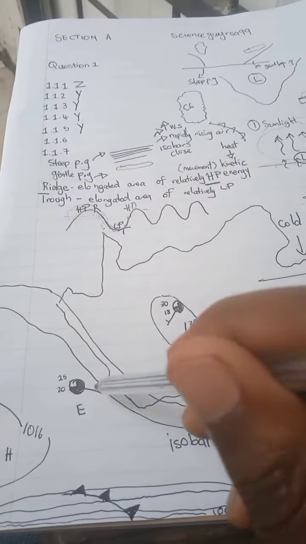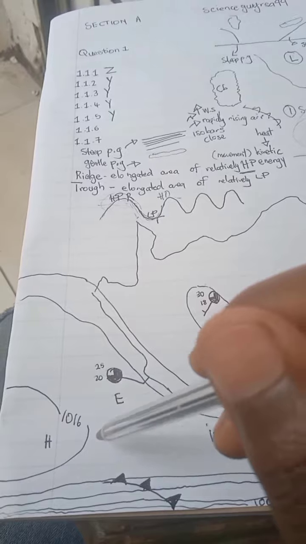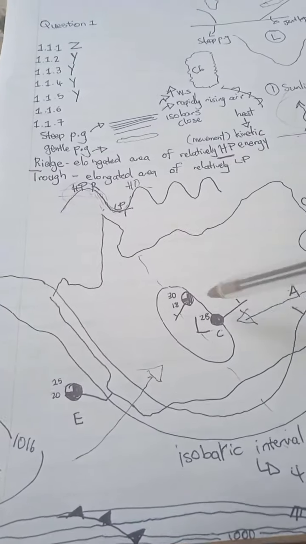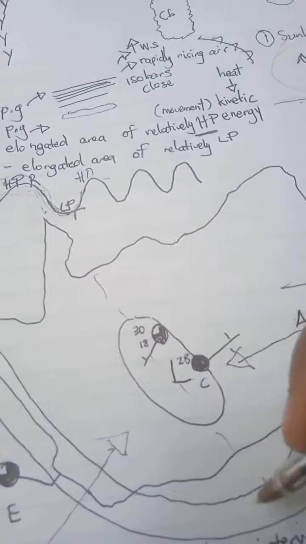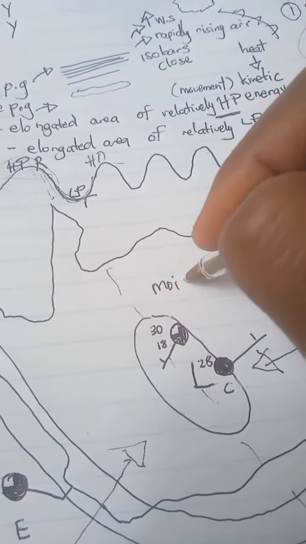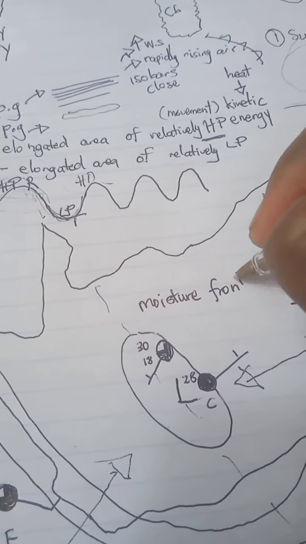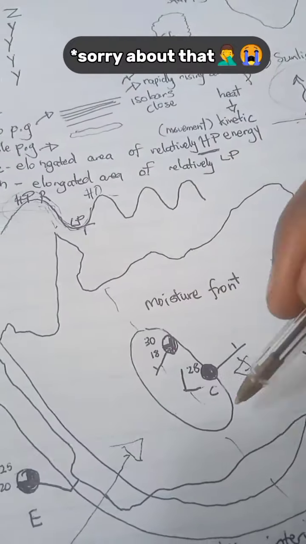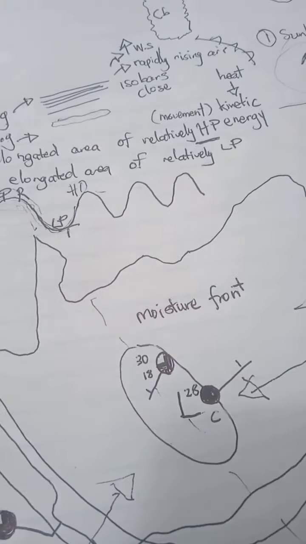And then of course you have the cold dry winds coming in from the southwest. And they meet up along what we don't see here. What's that? That's the name of the front. The name of that front is called the moisture front. Again guys, line thunderstorms. This is a concept from line thunderstorms. If you don't understand line thunderstorms, then it will be difficult for you to get this one.